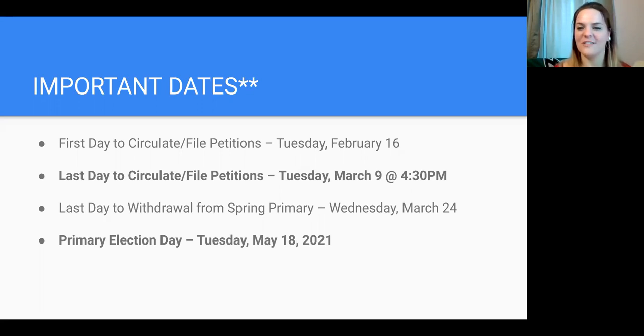Especially for lower seats like this, it's really not a big deal for us to get you some names of people who might be in your neighborhood that you can talk to, or just confirm that somebody is a registered Democrat in that election district for you. So don't be daunted by that part of things.